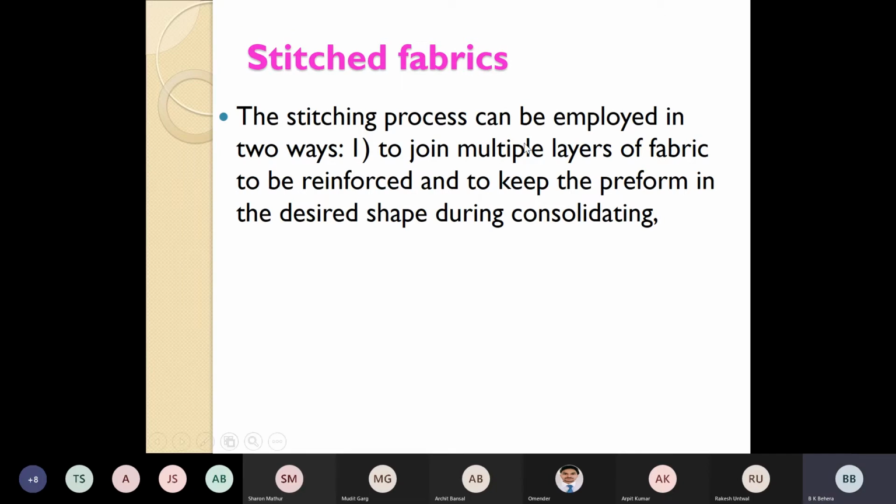Stitched fabric. The stitching process can be employed in two ways: to join multiple layers of fabric to be reinforced, and to keep the form in the desired shape during consolidation just by stitching. So it's a manual method. You take multiple layers, maintain a distance, go for stitching, just like a sewing process. You can make this fabric. So there is not much technology as far as this is concerned. Whereas